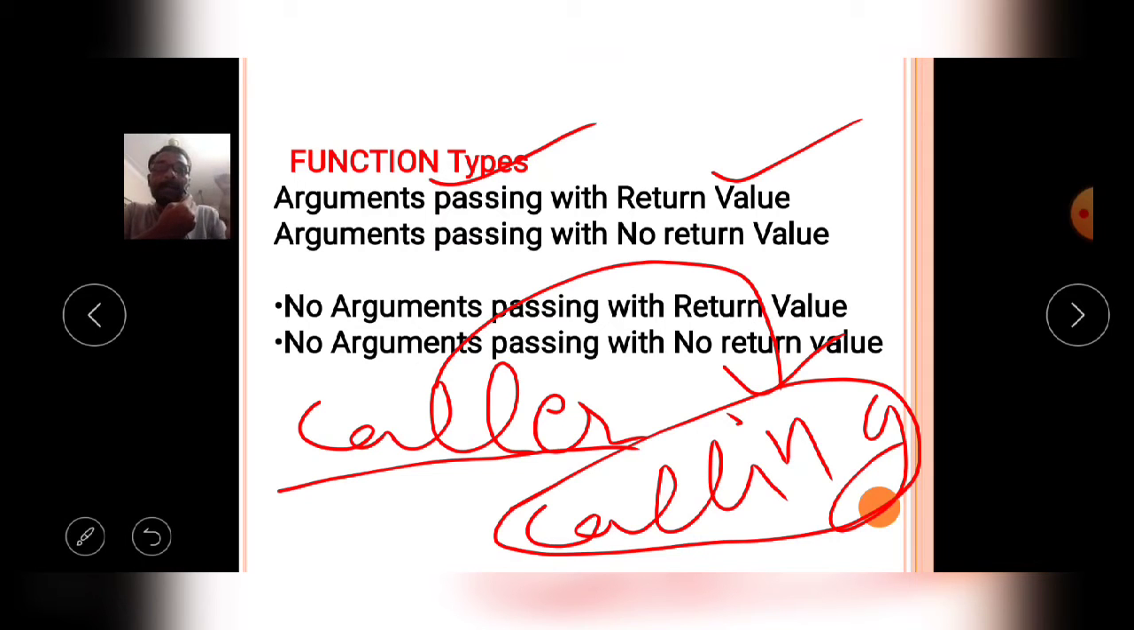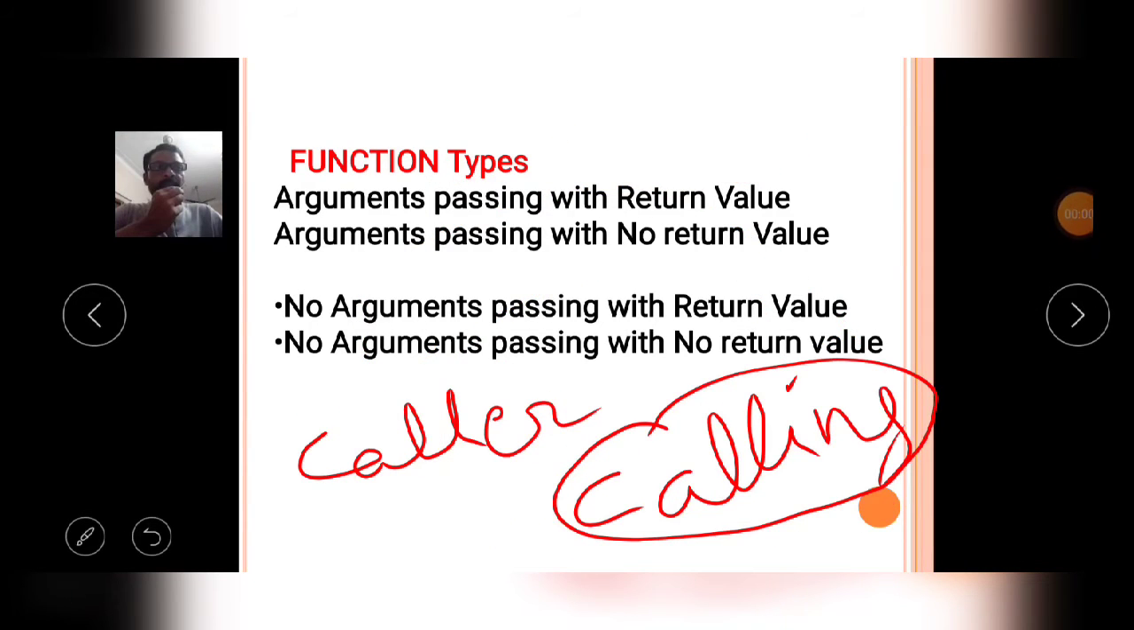Next, after completion of the execution of the calling function, a single value is returned from the calling function to caller function. Then that type of function is called as argument passing with a return value. Okay. Next type is